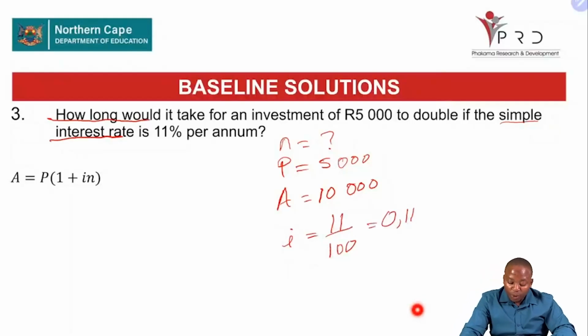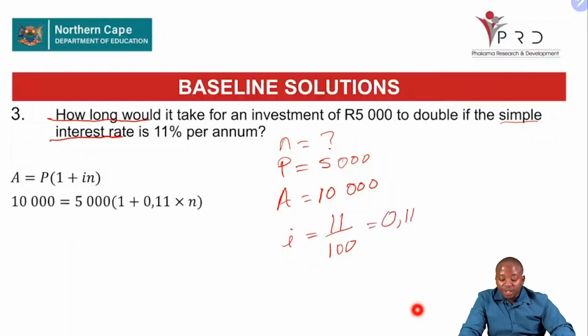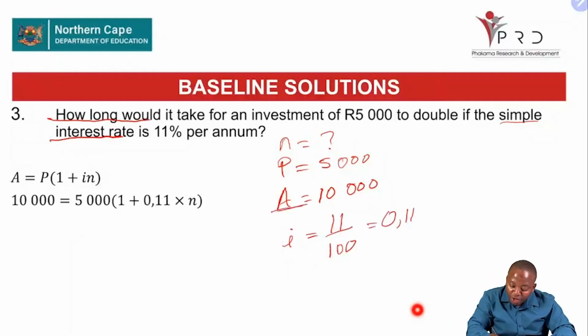After we put down our formula, we substitute. Remember our A was quoted as 10,000, as we wanted the amount to double. P is 5,000 into 1 plus our i, which is 0,11, multiplied by n, as n